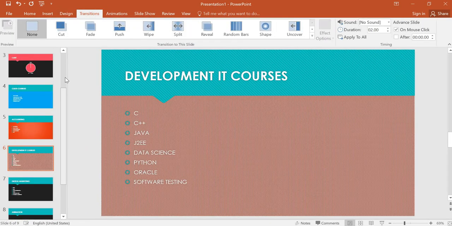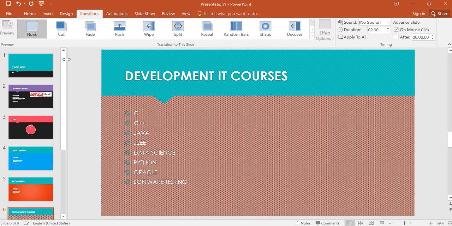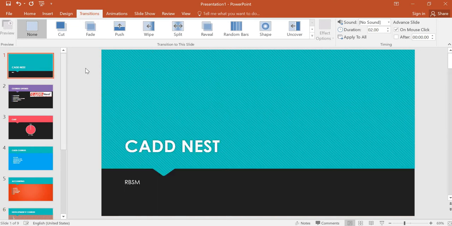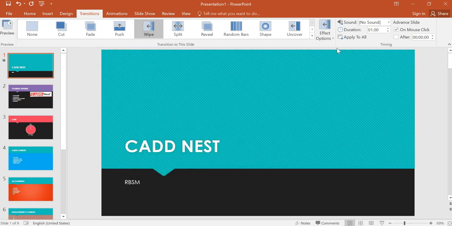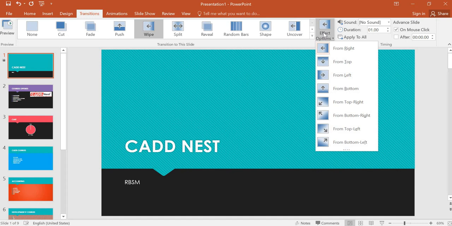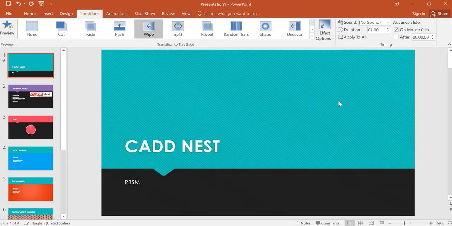So whenever you want to present your slides, the slides appear differently. I hope you people have seen it. So if they want to appear differently compared to the previous one, you can apply that in the transitions. We'll see with the examples. In the first slide, I'll go for selecting wipe. So it wipes accordingly. In the effect option, I can choose the direction to wipe with. It might be from the top or left, bottom, right, your choice. You can just go for selecting it.